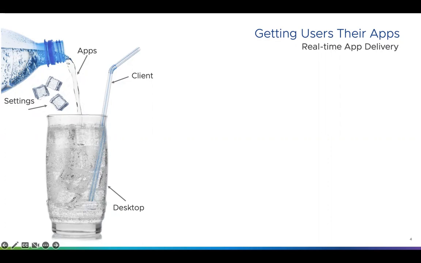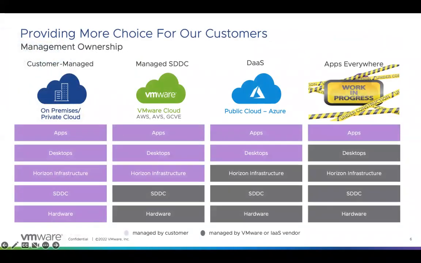And then, of course, settings is your differences in the apps. And so you can maybe have ice, or you can have a lemon, or whatever it may be for your application that lets you feel and get the productivity that you need. So all of these things are very important, and we focus on those things when we're working on delivering to users. And one of the things that we've been really thinking about here, and this is a work in progress